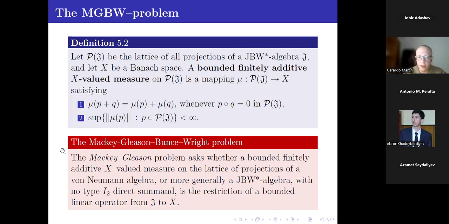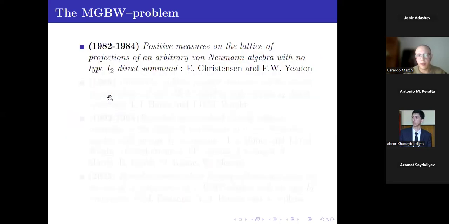Then the Mackey-Gleason-Banach problem asks whether a bounded finitely additive X-valued measure on the lattice of projections of a von Neumann algebra, or more generally, as in this case, a GBW-star algebra with no type I_2 direct summands, is the restriction of a bounded linear operator from the algebra to X. Now, positive solutions have been obtained for this problem. First of all, between 1982 and 1984,